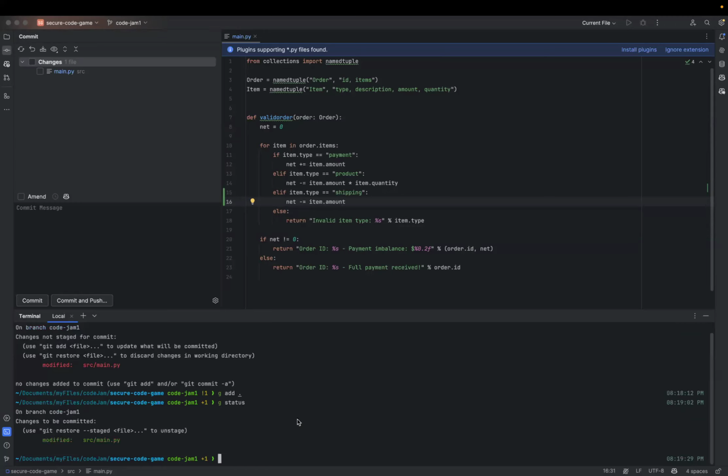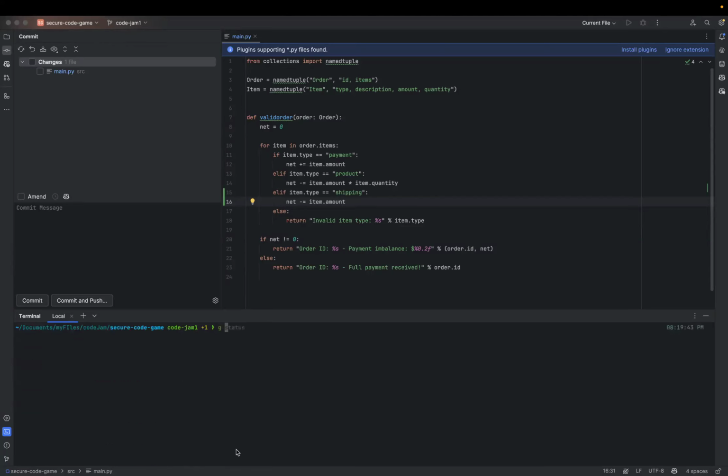When you hit git status again, you can see now this is green because they are added to the stage. Okay, now we are ready to commit. We can basically git commit dash m, add shipping feature, let's say like this.